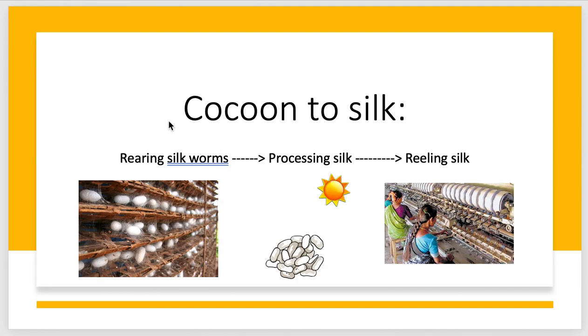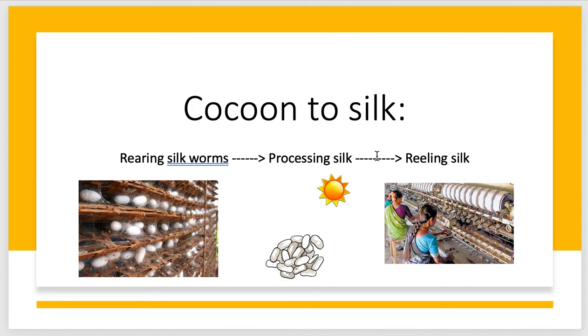So silkworms are reared, they're taken care of, they're made to eat good leaves, they're kept healthy, and the eggs are also heated to a temperature so that the caterpillar can come out of it, so that they can hatch. And they're fed on mulberry leaves and many other types of leaves. And then they form cocoons. These cocoons are then processed, which is they're either boiled in water, exposed to steam, or dried in the sun. And then the silk fiber separates from the cocoon.